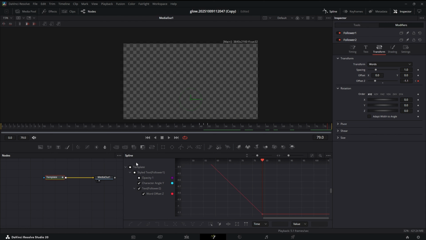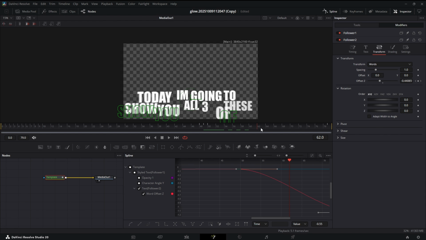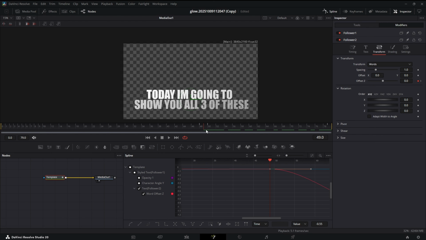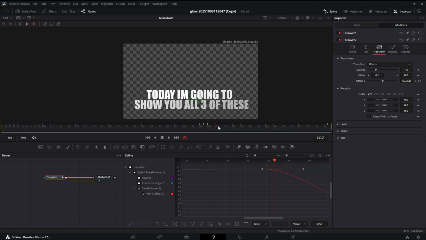All right, now let's open up our spline. Make sure we just have Z offset selected, zoom to fit. Let's go back to the beginning, or zoom to fit, hit S, select our keyframes, hit S. So we can drag out this beginning easing.